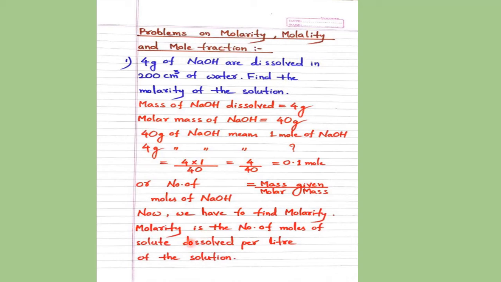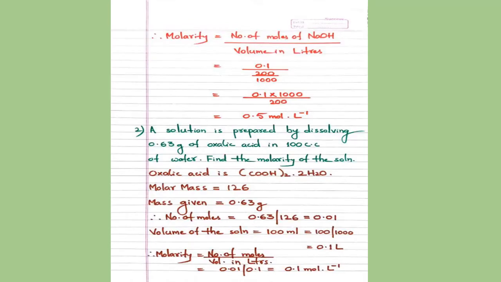He has asked for molarity. Now let us recall from the theory part, what is molarity? Molarity is the number of moles of solute dissolved per liter of the solution. How many moles you are dissolving in a liter of solution, that is its molarity. That is the meaning of the molarity of a solution. So molarity is equal to the number of moles of a particular substance divided by volume in liters. You have to take the volume in terms of liters, the volume of the total solution, right?